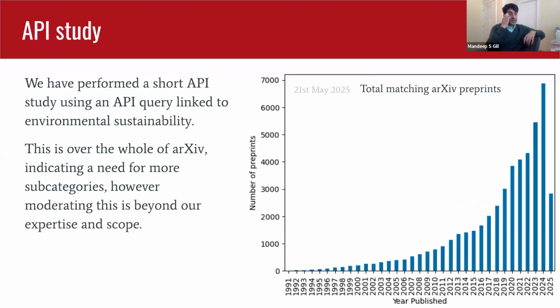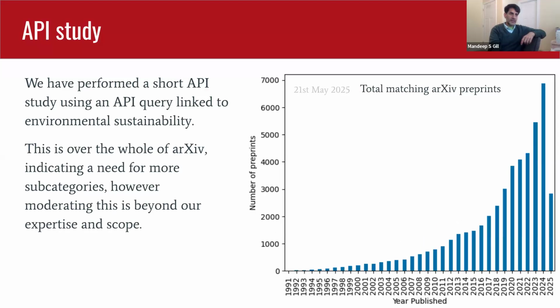So this was an interesting plot, and Hannah made this early last year. This is Hannah Wakeling, who's now in the UK. She used sustainability words and did a query on arXiv about how often those words appear, and you can see it's really going up. There are 7,000 in 2024, and 2025 was only up till the middle of the year, so that's why there's less there.